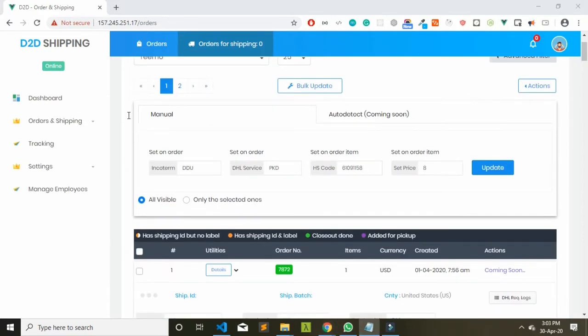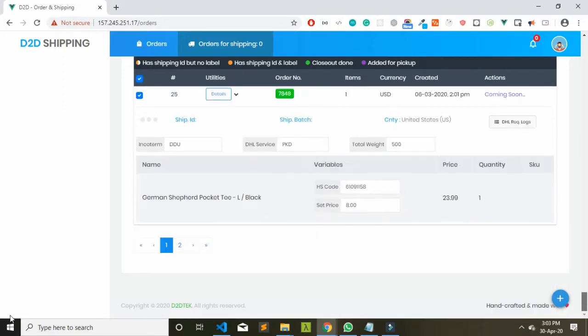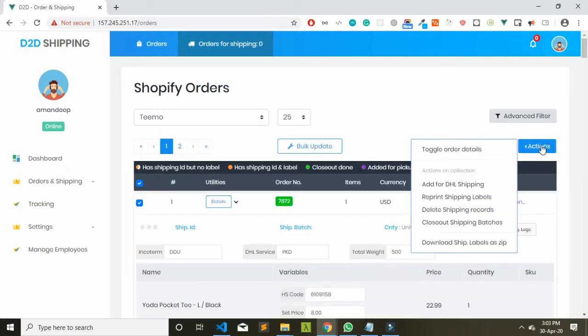So the next thing I would like to show you is how to do the shipping. Alright, so what I'm going to do is click over here. There are in total 25 records which are going to be selected. Then I'll close this bulk update for now, move to this section and click this button, add for DHL shipping.